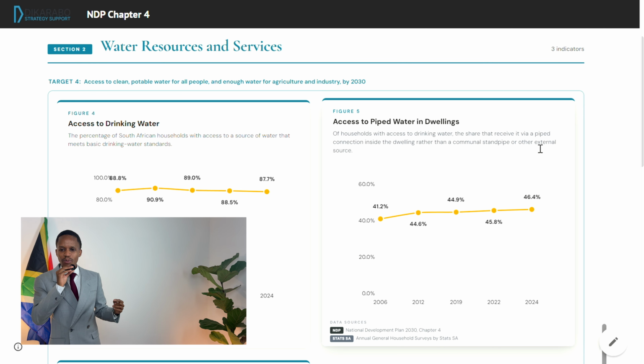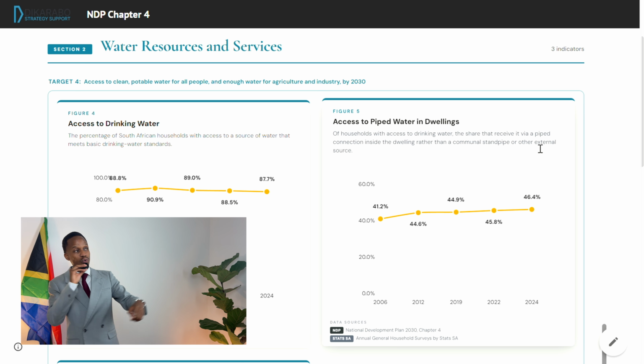That half the people with access to drinking water don't have that drinking water coming into their homes is something one might take for granted if you're not particularly exposed to that type of living. But this statistic alone tells us that a very significant amount of our population, something close to half of our population with access to drinking water, don't have pipes that go directly to their homes.